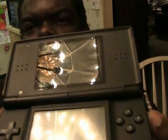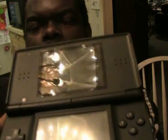The problem I'm having with it is every time you plug the charger into the DS, as you can see, I'm going to plug the charger in, and all that will happen is the light will flash on periodically and then it goes out. It will not power up. There's nothing wrong with the charger, and the battery is good in the DS. Trying to power it up, nothing will happen. I'm going to unplug it one more time, plug it in, lights out. That's all it'll do. I'm going to attempt to take this apart